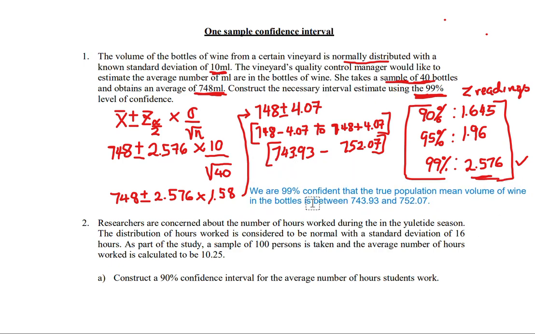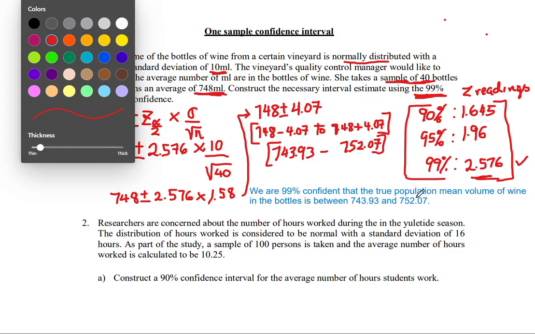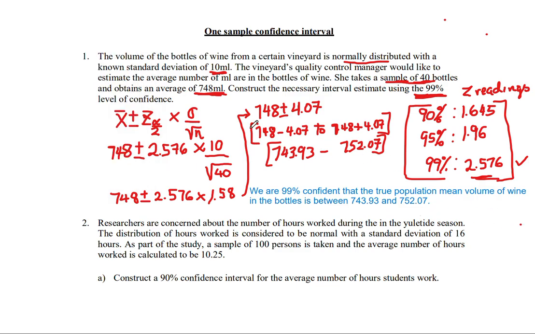When you're interpreting a confidence interval, you can always use this as a blueprint: we are whatever percentage is given in the question in terms of the confidence level. So we are, in this case, 99% confident. Then you say that the true population mean of whatever variable is in the question is between the interval that you came up with. It's important to point out here that this result of 4.07 is what we would